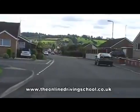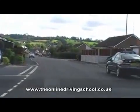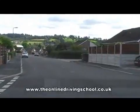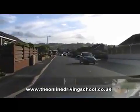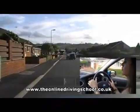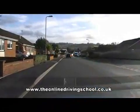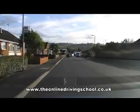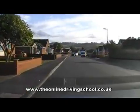We now need to know how to stop the car in a parked position at the side of the road. This is where we use the MSM mirror signal maneuver routine. First of all, check your main interior mirror, and because we're going to move to the left and park the car, we need to also check our left hand door mirror. Give a left hand signal if necessary, then if it is safe, gently ease the pressure off the gas pedal. Steer slightly towards the curb